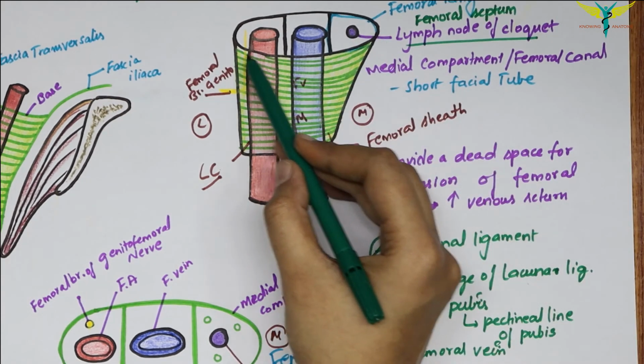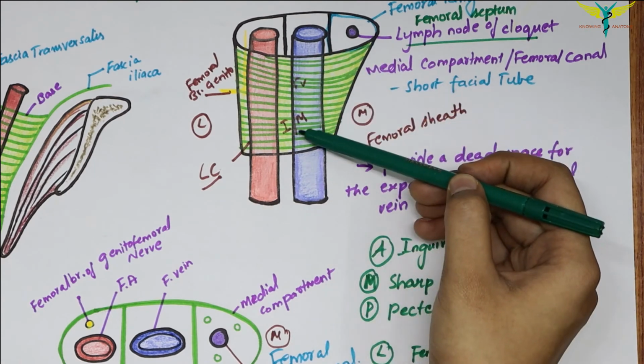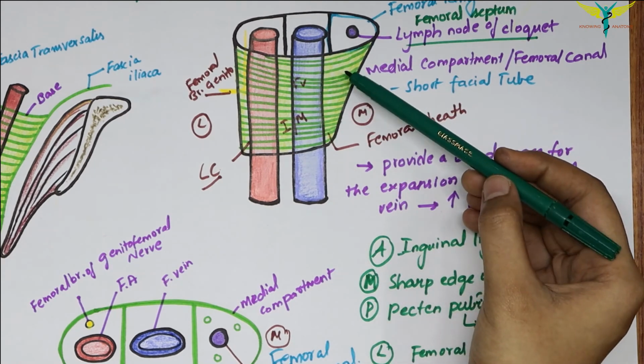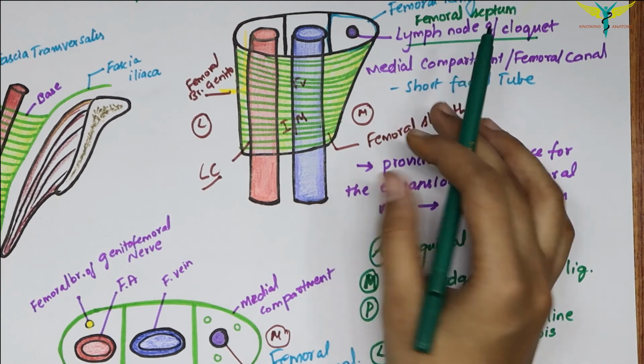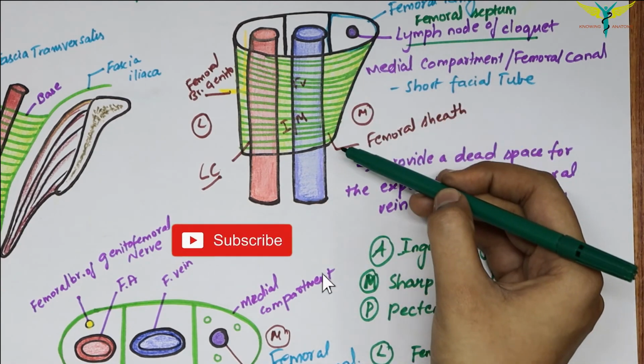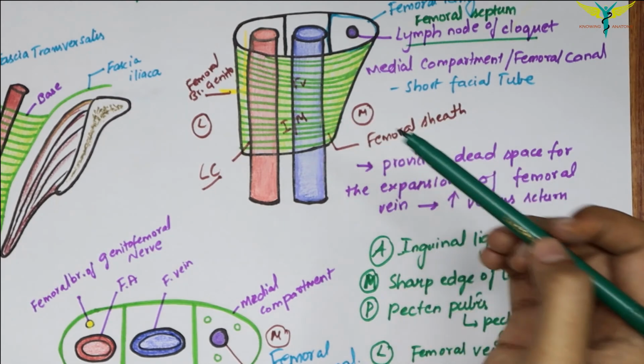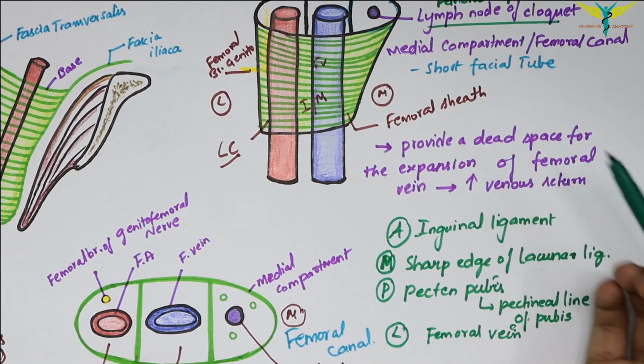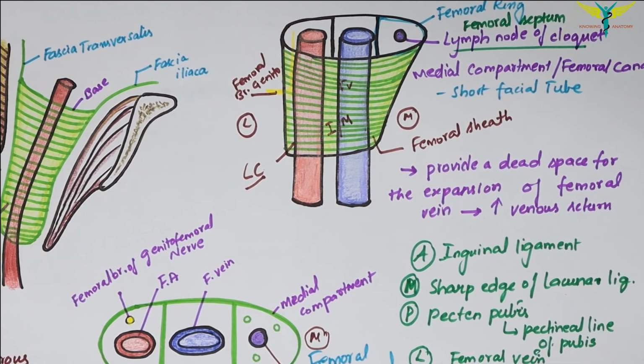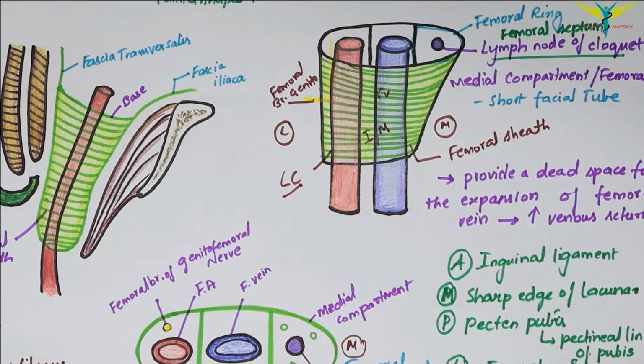And here will be the inguinal ligament, and below the inguinal ligament, the canal lies posterior to the saphenous opening and the thin cribriform fascia. And this canal lies anterior to the fascia that covers the pectineus muscle. So guys, this is all about the femoral sheath and the femoral canal.